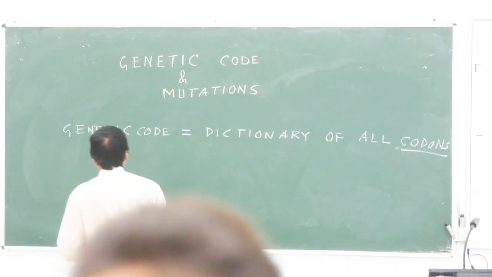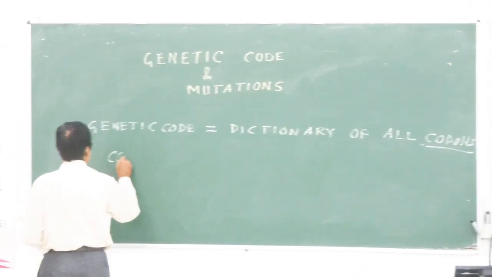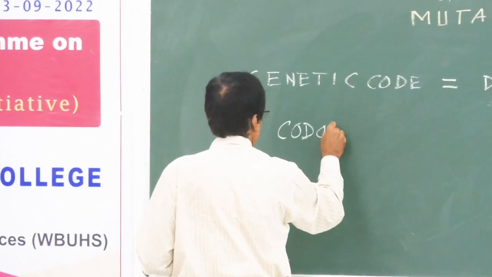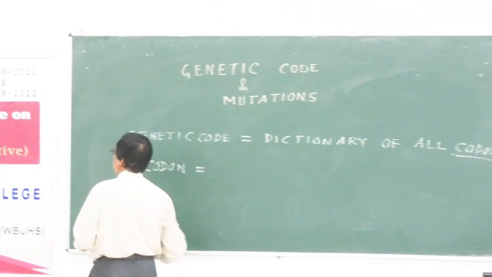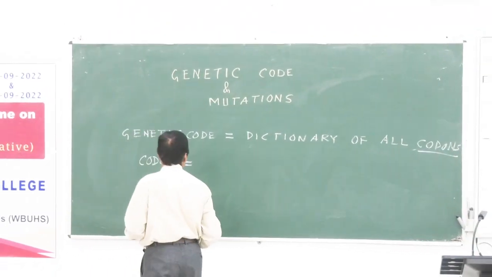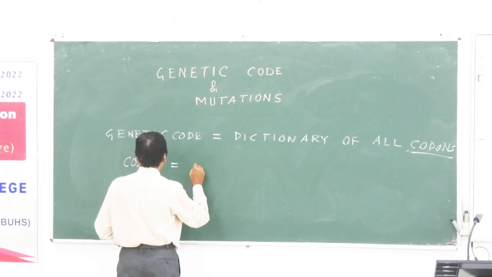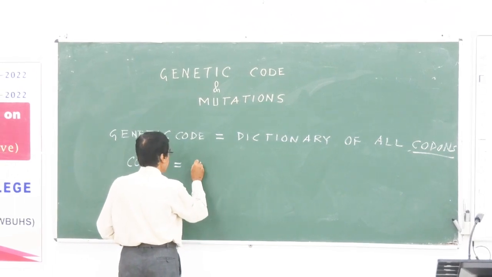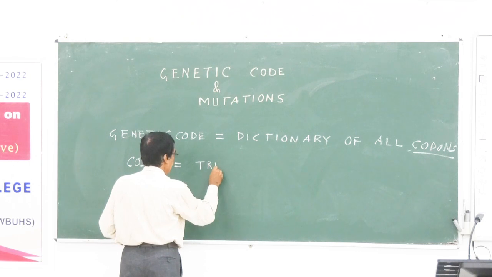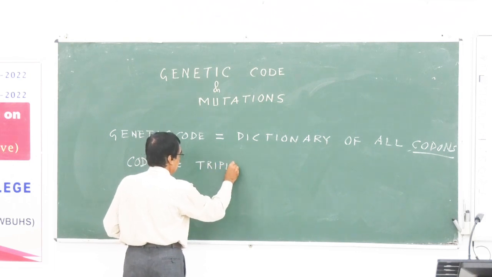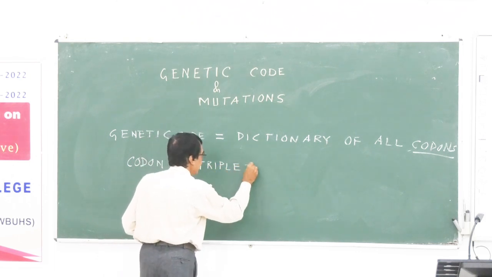Now, what is a codon? Codon is a triplet